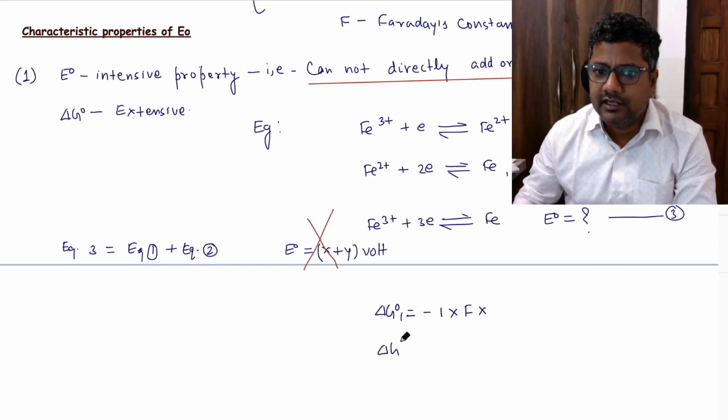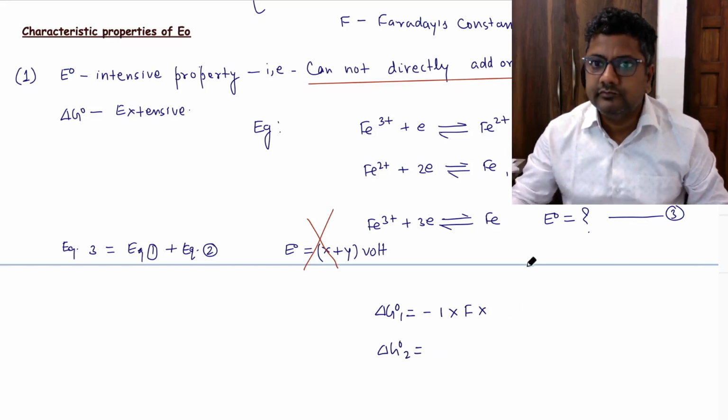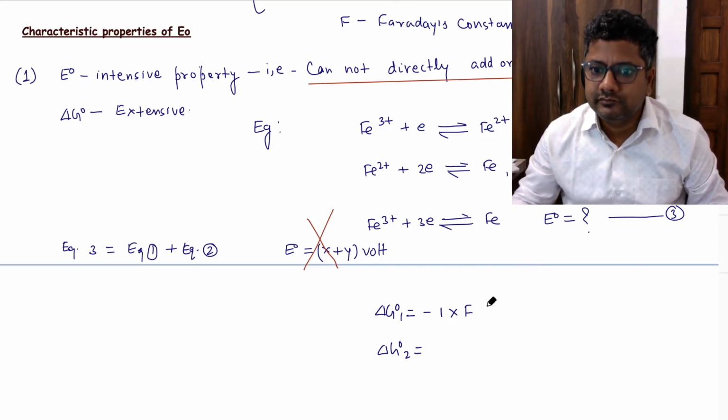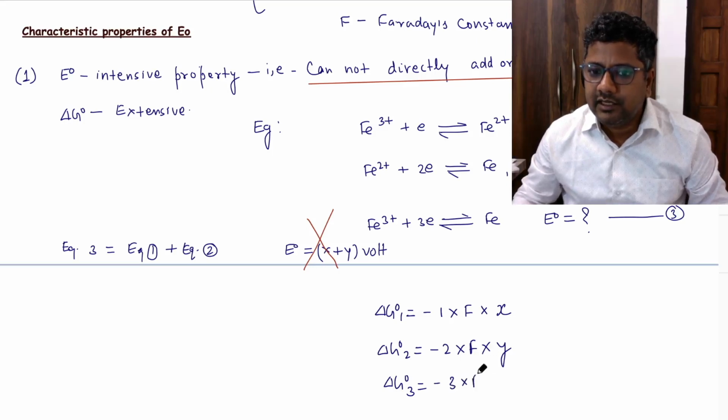Then calculate delta G naught 2. Delta G naught 2 is equal to minus 2 into F into Y, and delta G naught 3 is equal to minus 3 into F